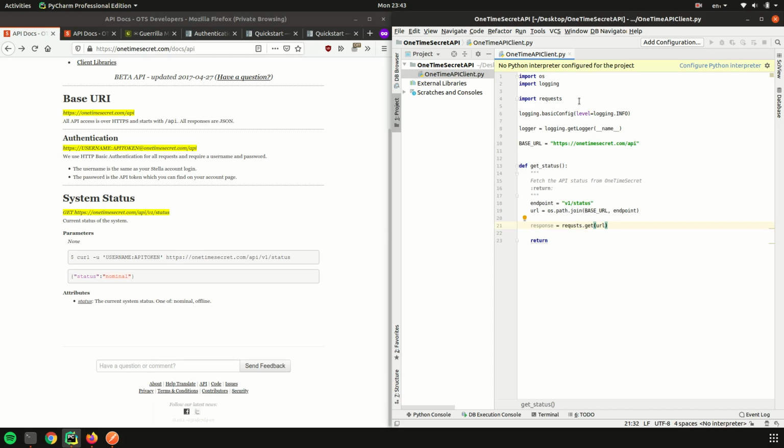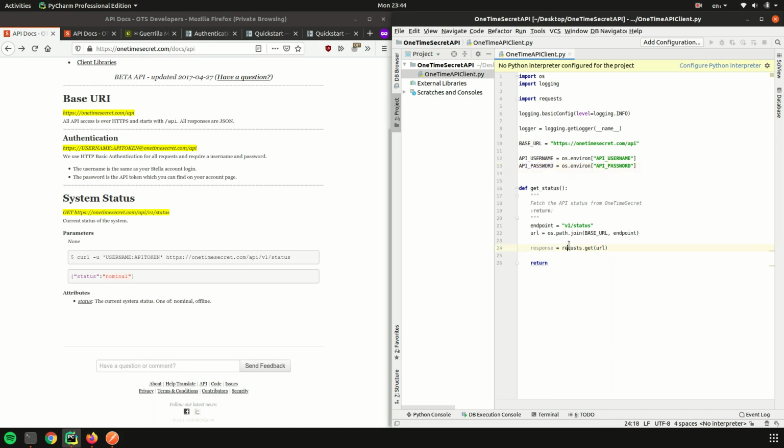So obviously we need to be able to fetch that from the environment right now. And obviously I haven't exported the environment variables yet. I haven't actually defined them, but this is how we're going to access them in our program, in our script, and then we're going to define them in our environment as API username. And obviously we need a password as well. It's generally a nice practice to make the environment variable and the variable you put it in the same name, just so it makes it easy to follow the code logic and you understand a bit more of what's going on. So now we need to pass